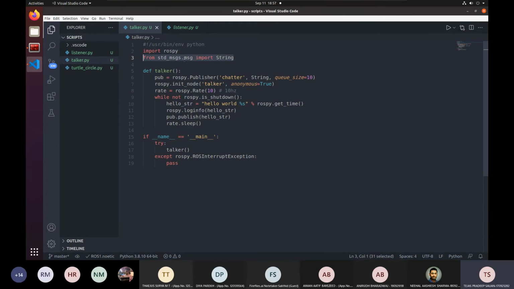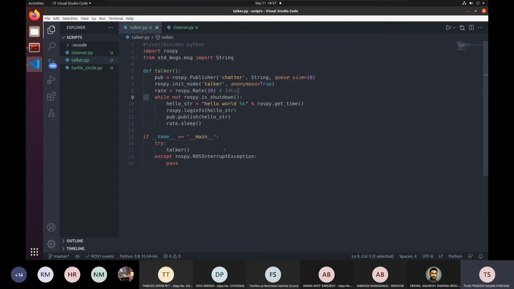Third, from the standard messages package, we are importing String. Then def talker, that is, we are defining the talker function here. Here rospy.init_node is where we define this node as a talker node. Then we are creating a publisher with this line. Then we are defining the rate, and then we are using a while loop that, till it is shut down,